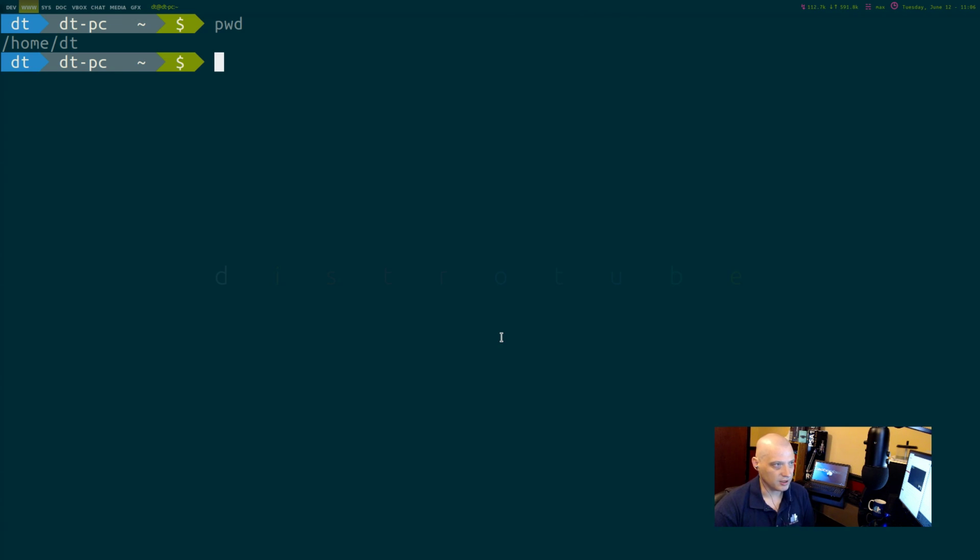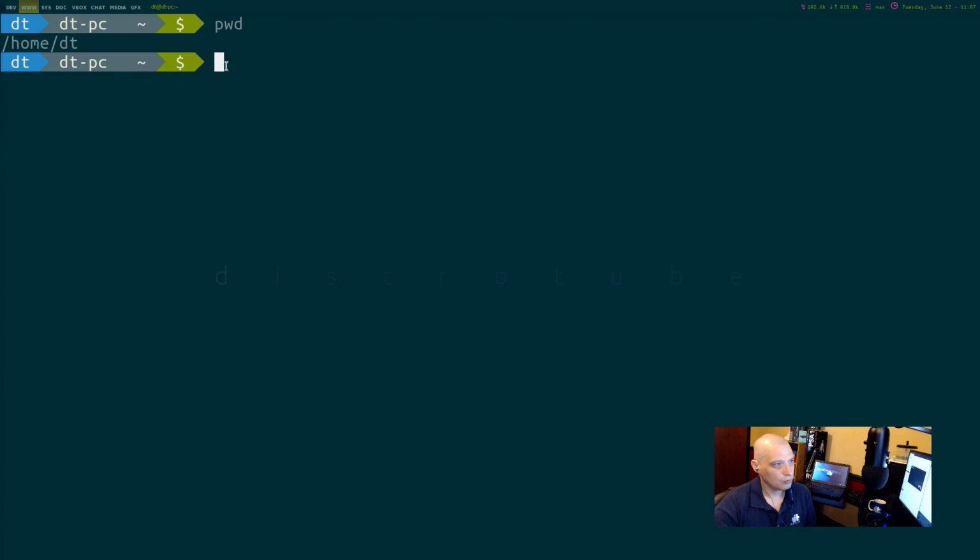I actually did not need to type pwd to know I'm in the home directory, though. In the bash prompt here, you see this squiggly character. It's a tilde character. What that means is I'm in my home directory. That's what the tilde character symbolizes. It's basically an alias for my home directory, /home/dt.